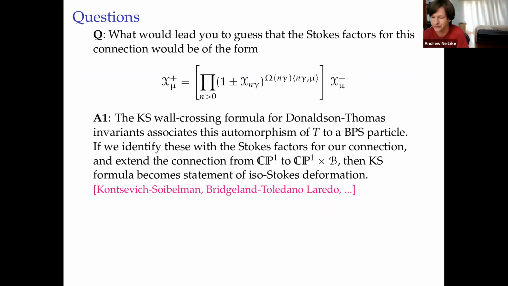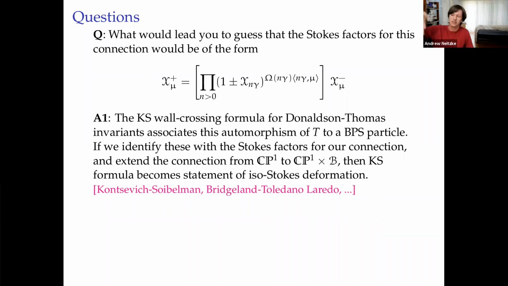Well, there are a few different answers for that. One answer is that those automorphisms have appeared in a different context. They appeared in the context of the Kontsevich-Soibelman wall crossing formula for Donaldson-Thomas invariants. And so if we identify those automorphisms as the Stokes factors for our connection, and then if we extend the connection,